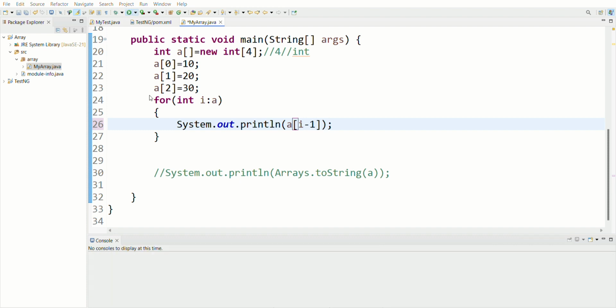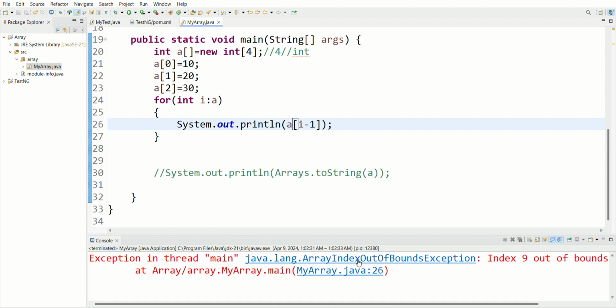Let me check just one. Why is it giving the array index out of bound exception? Oh, sorry. I have to print here i. Sorry.